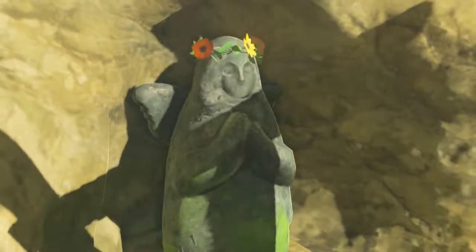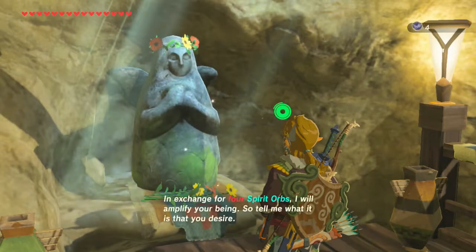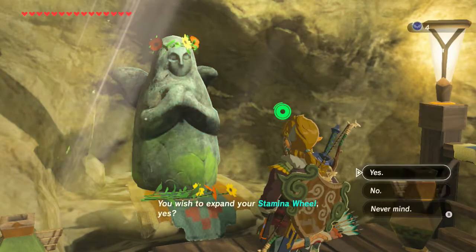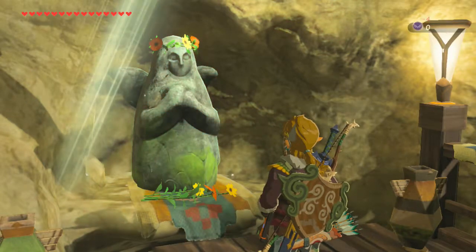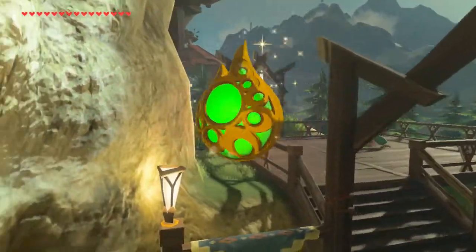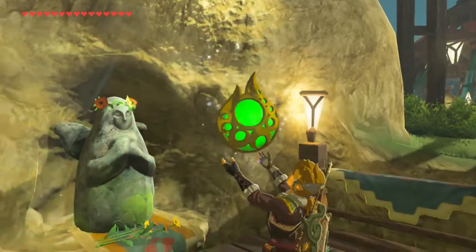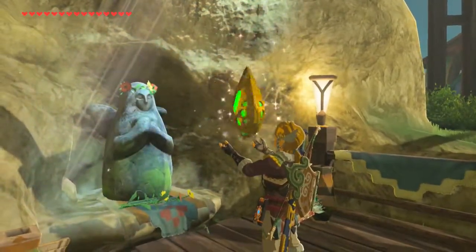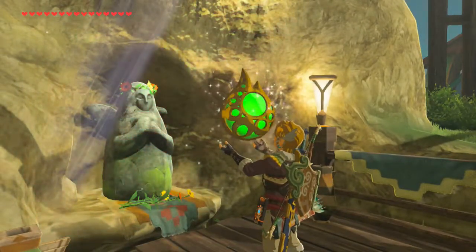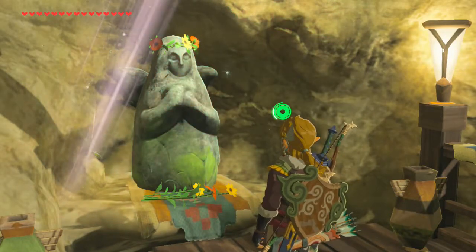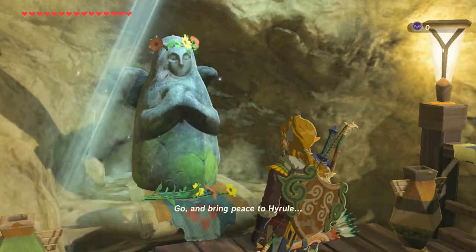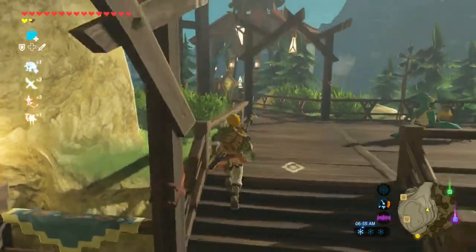So, that's cool. I am going to get a stamina vessel, because I think I have enough hearts. One more heart should actually take me to the next row, and I don't necessarily feel like I need another row of hearts. So I'm going to go for a stamina vessel, because I have been kind of sad I haven't had enough stamina for certain things. In my main save file, I have a full 3 wheels of stamina, and not having all that is making me a little bit sad.